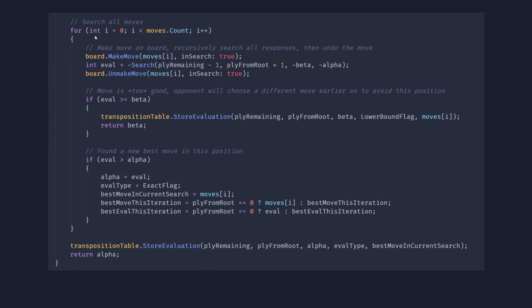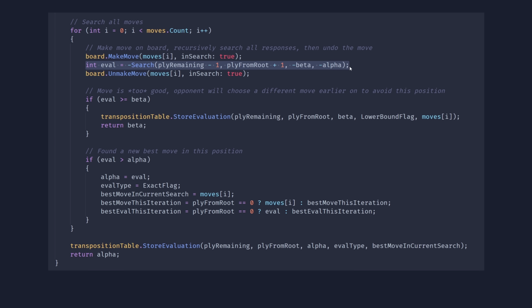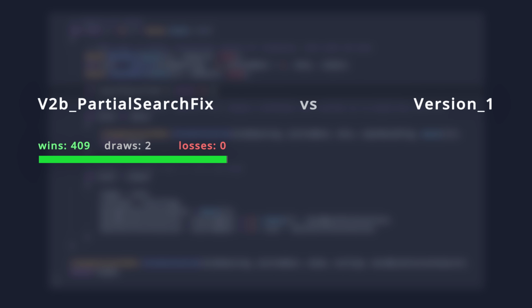That 0 is going to show up as the evaluation over here, so if it thought the position was worse before, suddenly it sees, wow, I can get an equal position by making whatever random move the search happened to be cancelled on. The only reason this wasn't wreaking havoc before is that I was wastefully discarding the results from the unfinished search, but now that we are using those results, we can just add another exit point here so that we do actually quit the search immediately. Alright, running the test match again with this fix gives us a score of 409 wins to 270 losses, which